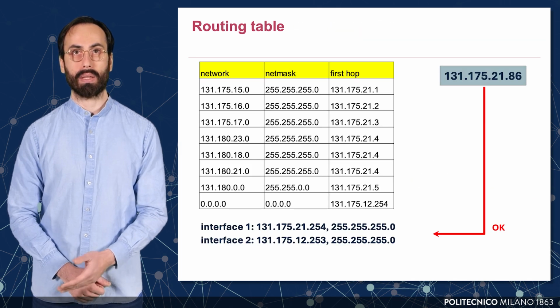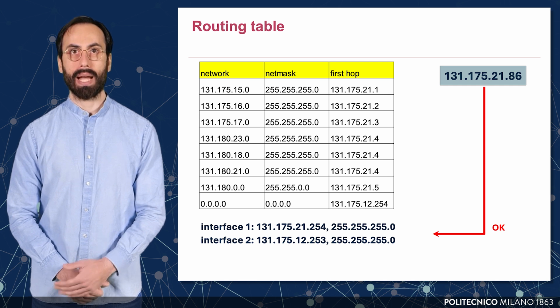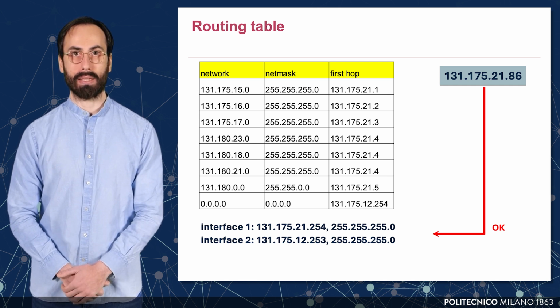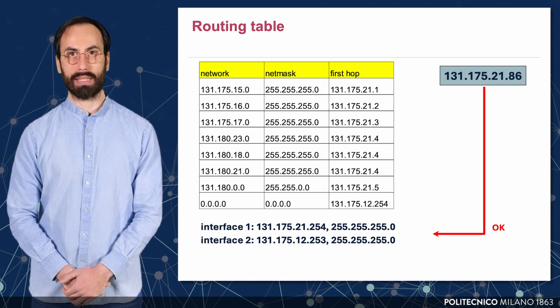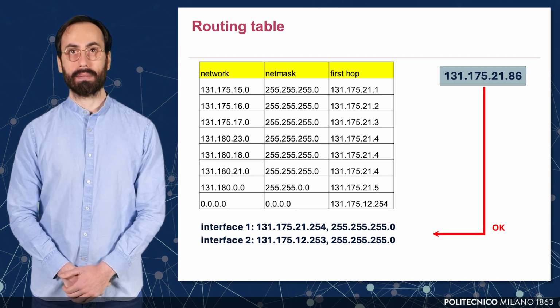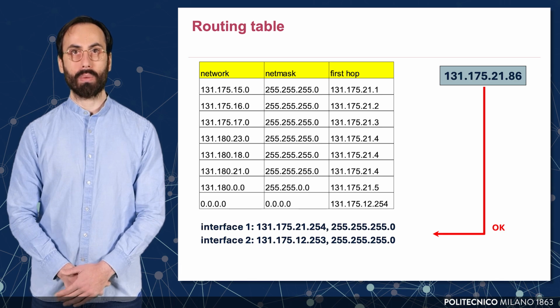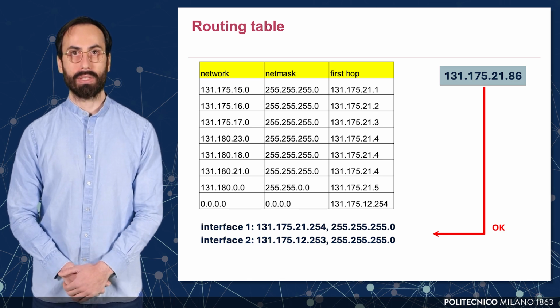Let's look at an example of how a router uses its routing table to forward a packet. Suppose a packet arrives with the following destination IP. The router checks this address against each entry in the table using the associated net mask. When it reaches the first row with a /24 net mask, it doesn't match. But then, it finds a match with the third row, which includes the destination address. That row points to the next hop, so the packet is forwarded there. The router uses interface 1, which is in the same subnet as the destination, and everything checks out.